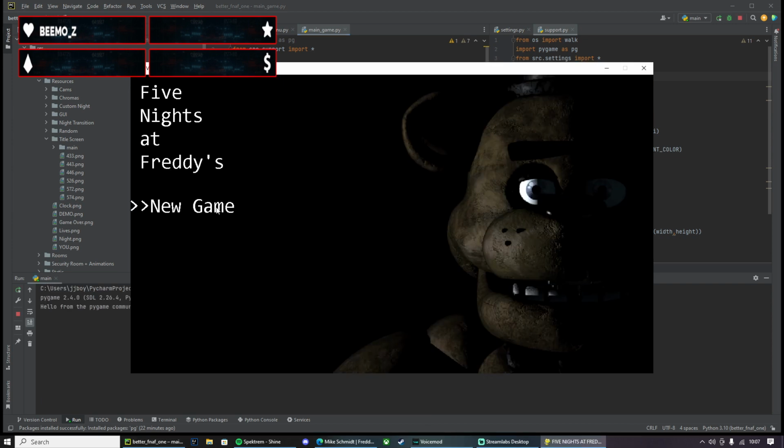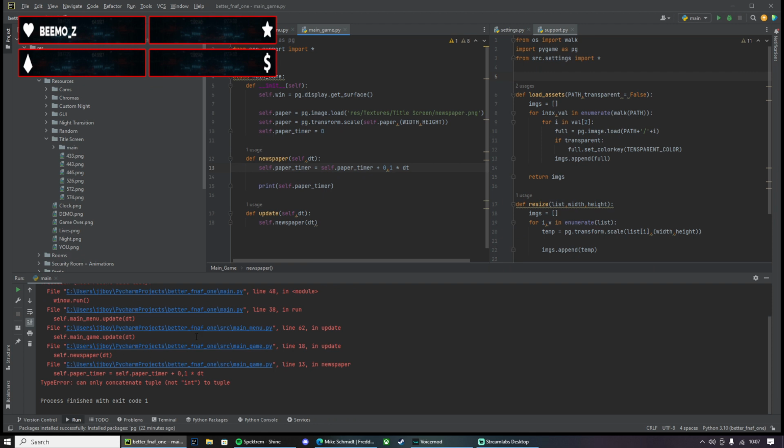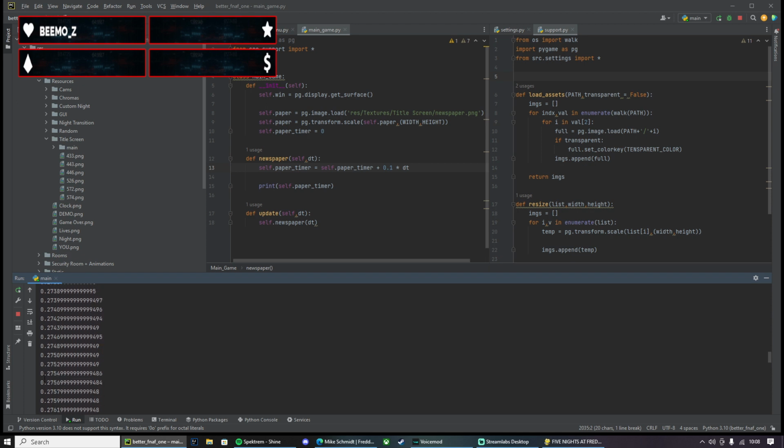So it will count up 5 every 1 second. So 1, 2, 3, 4, 5, 6, 7. It'll go really fast. But then if you want it really slowly, you can go into the 0.1, and this will go super slow. Not a comma, a point. There, look, it's going really slow. Not even 1 second left. As you see, this one here is the seconds. This here is the milliseconds. So we've got the timer right.